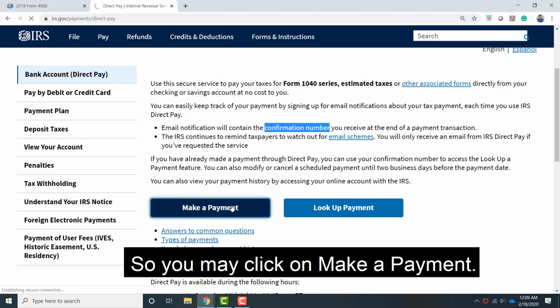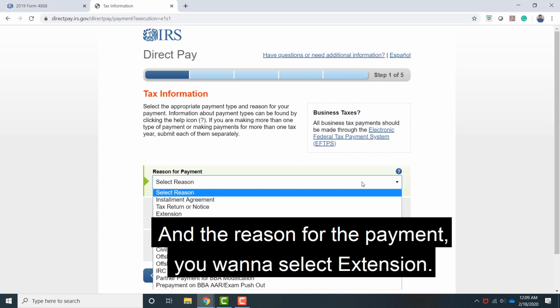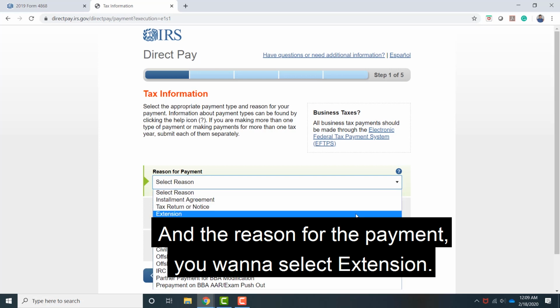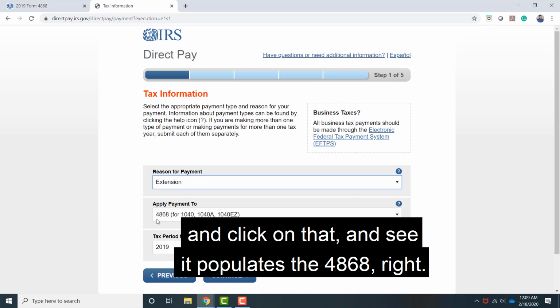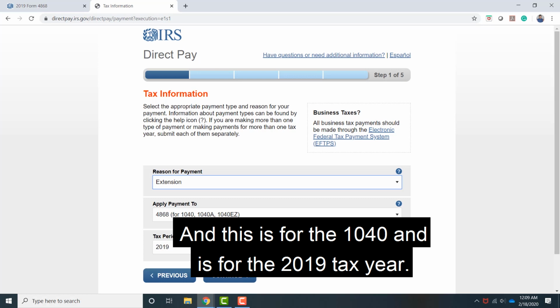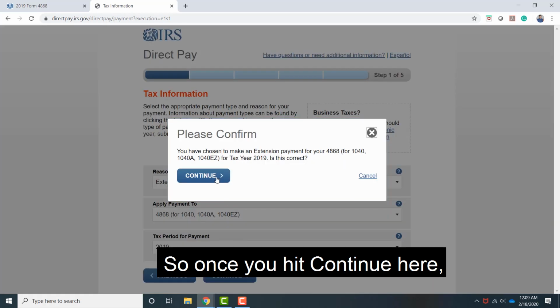So you click on make a payment, and for the reason for the payment, you want to select extension. So this fourth option here, extension, you're going to click on that. And see, it populates the 4868, and this is for the 1040, and it's for the 2019 tax year. So once you hit continue here,